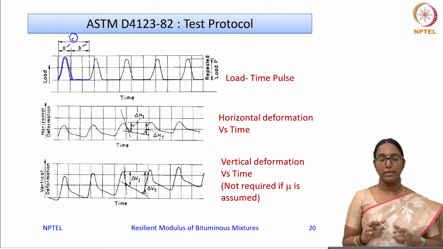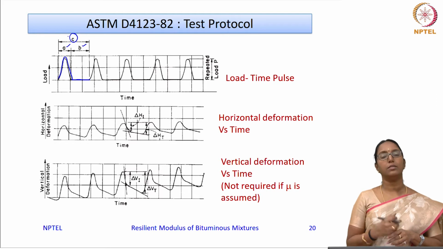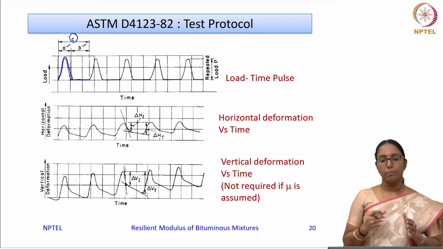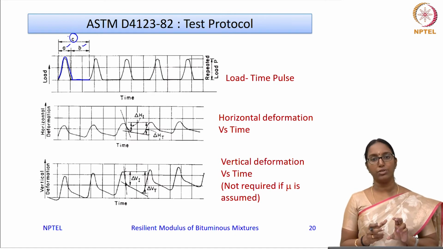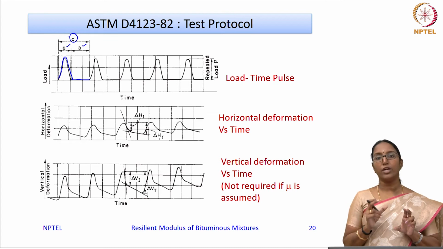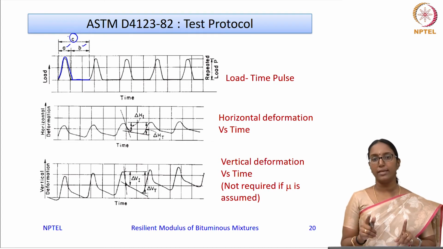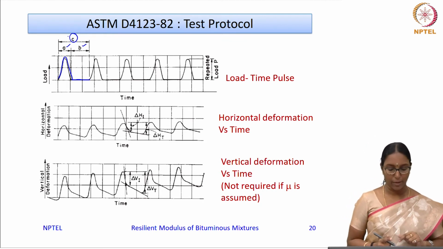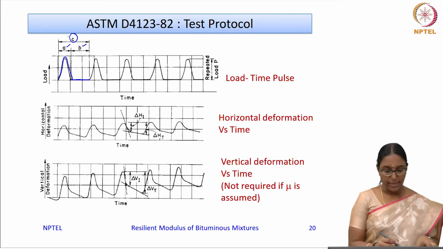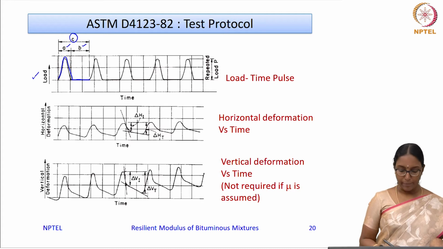You can use linear variable differential transducers to measure these deformations, but this code says that you need not collect the vertical deformations, you can collect only the horizontal deformation also. But if you are not collecting the vertical deformation, then in that case you have to assume the Poisson's ratio for the computations. Okay. So, the first figure, as I said, shows the load versus time, and in the second